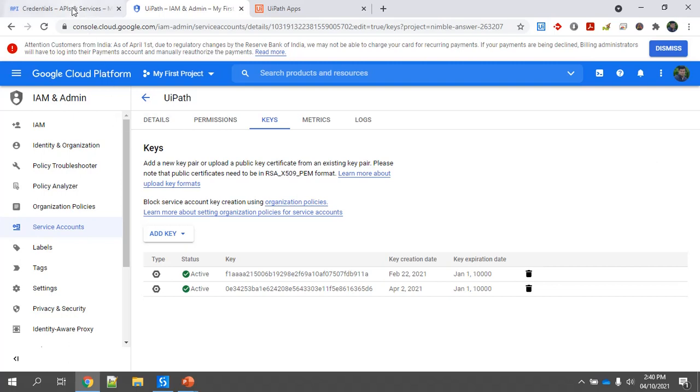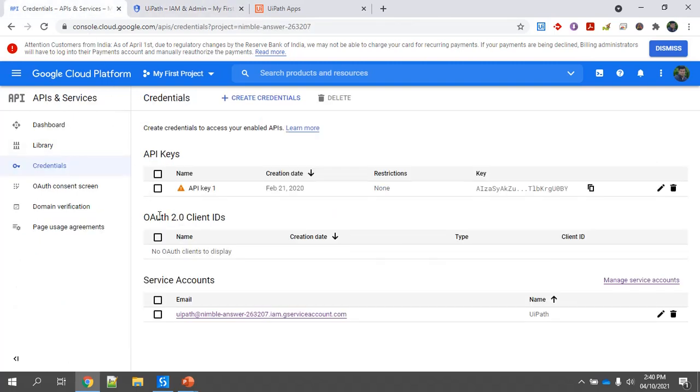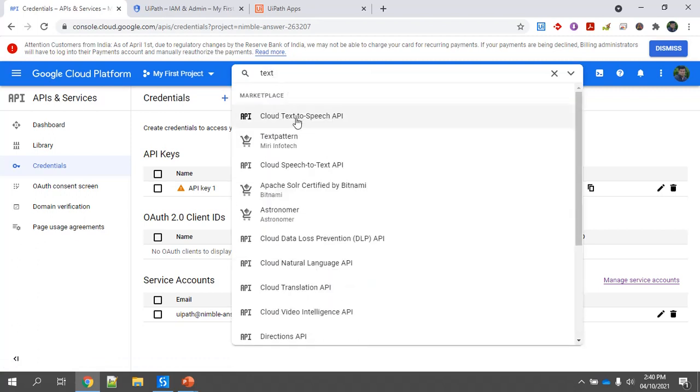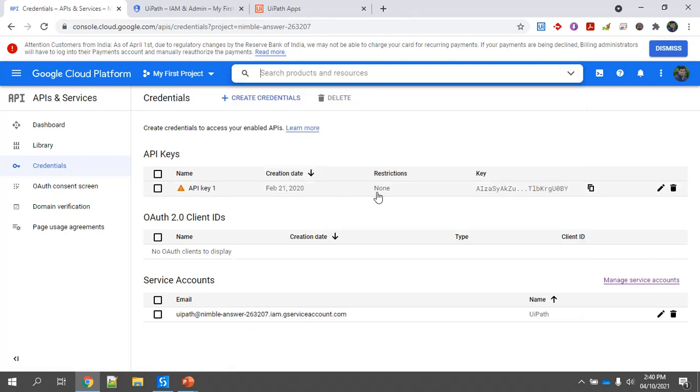If you go to the Google Cloud Console, here you can search for text translator. Yeah, so Cloud Translation API. This API you have to select, and you have to generate the API key.